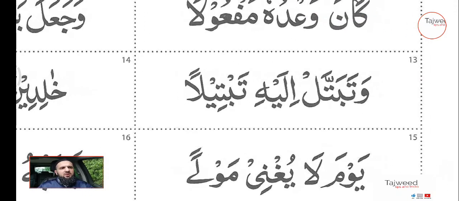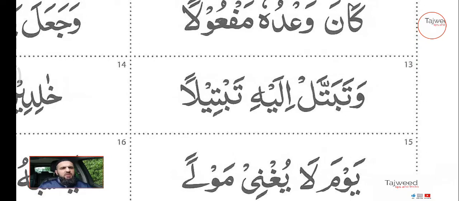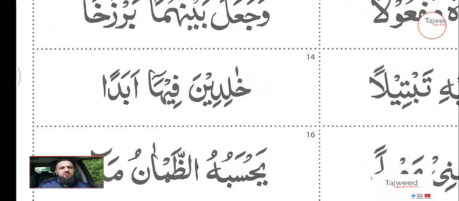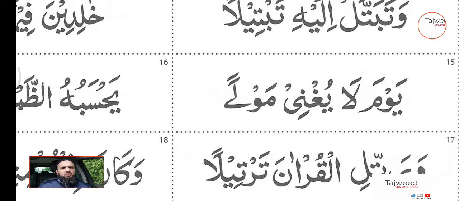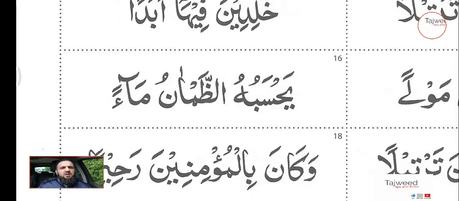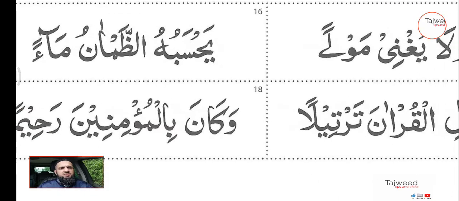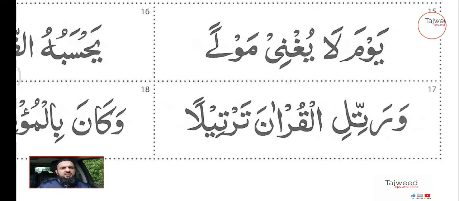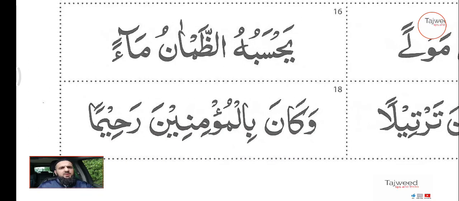You just take that one fathah away, you're left with that 1 second stretch. Box number 13, tabtilan becomes tabtila. Box 14, abadan becomes abada. Box number 15, maulan becomes maula. 16, ma'an becomes ma'a. 1 second stretch on the hamza. Box number 17, tartilan becomes tartila. And last but not least, box number 18, rahiman becomes